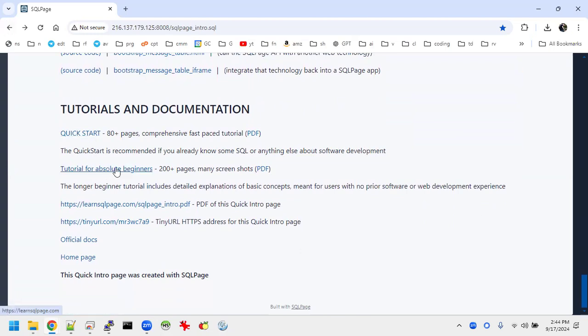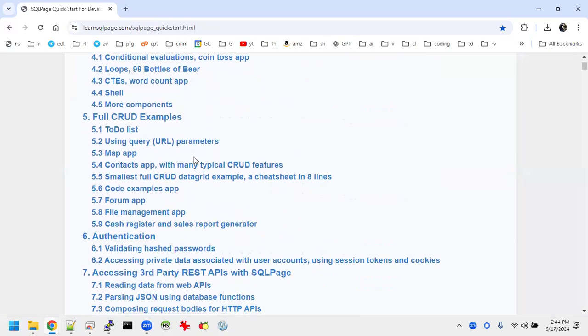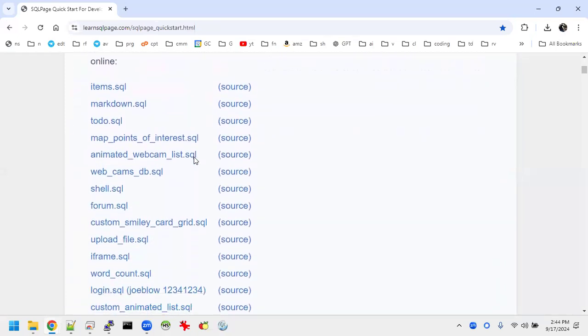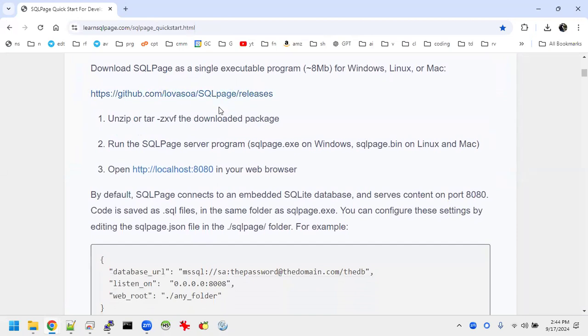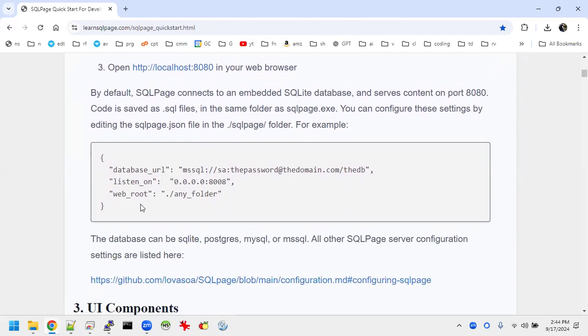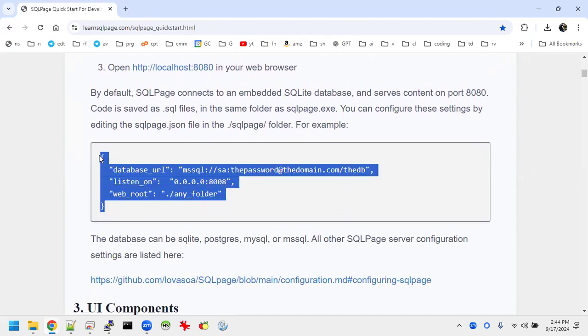The tutorial for absolute beginners is made for people that don't have any prior web development or software development experience. It's got a lot of screenshots and a lot more description. But if you've got any background working with code, click the quick start, and you can see here the first thing that comes up after some example applications is the link to the releases package. Unzip it, follow all the instructions you see here, and there's a quick little demonstration